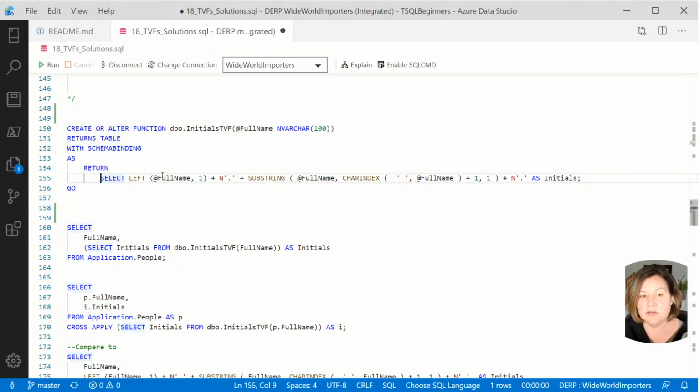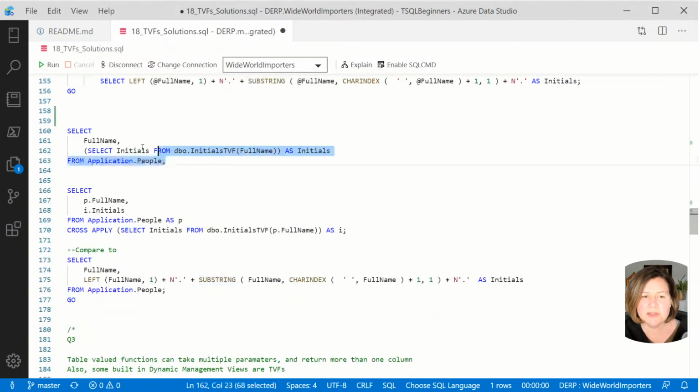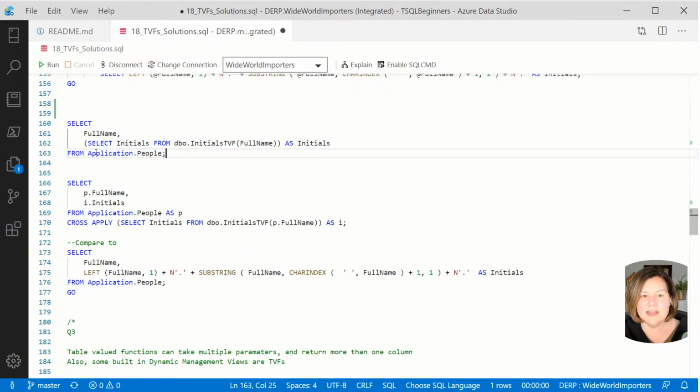I can just say I want to return the left of full name, which we've passed in, the left 1 character plus a period, plus, and then I'm using substring to find where is the first occurrence of a space in there, and I want to go 1 to the right, because I'm assuming everything is formatted with first name space last name, and then I want to get just 1 character out of it using the substring function as the initials. So similarly to the last one, we are saying I'm getting this from application.people and I'm passing in